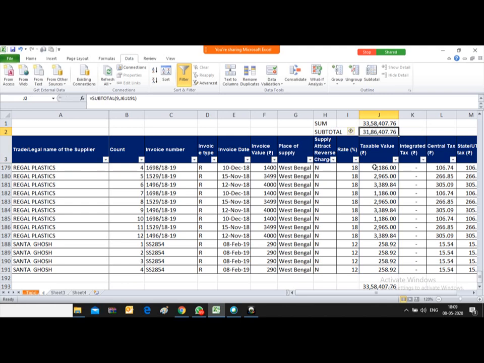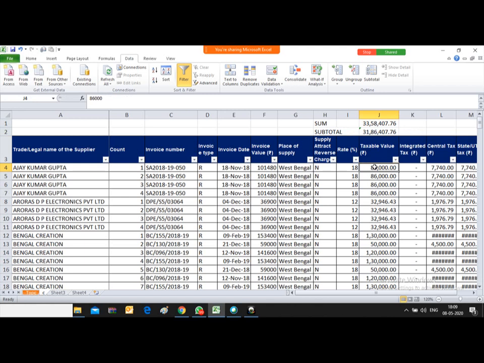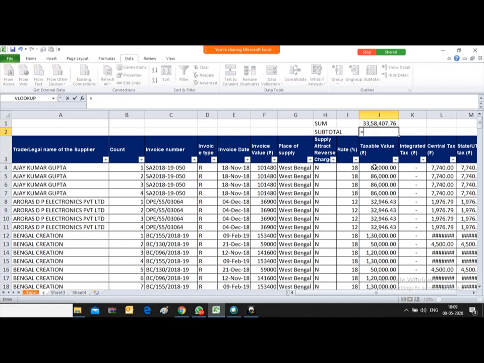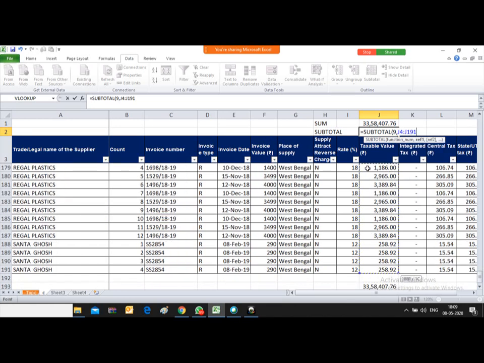Okay friends, so now see, the summation of both formulas is the same, because subtotal is adding only visible cells, and summation is adding all the cells, even if they are not visible.